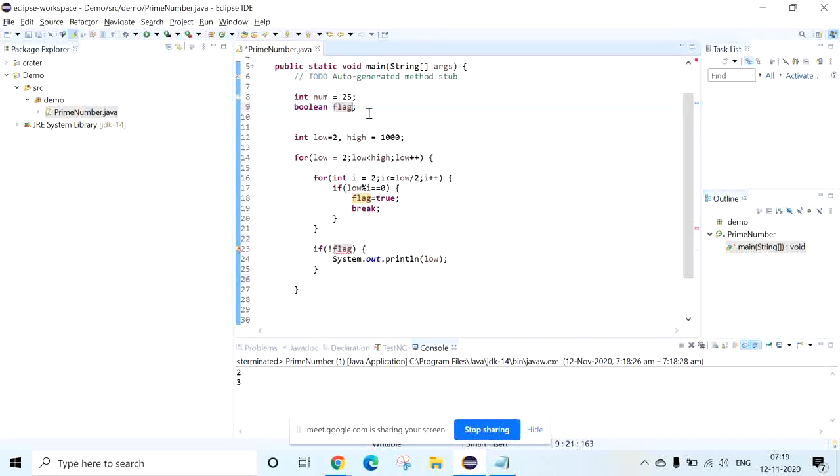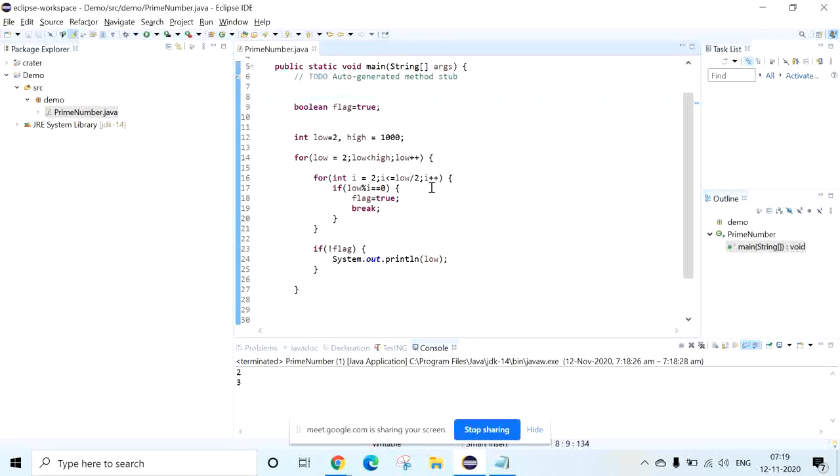See, before using any variable, that variable should be defined with some value. That's what we are giving, false. Okay, then we can take true also, right? Yeah, that is for our understanding purpose.